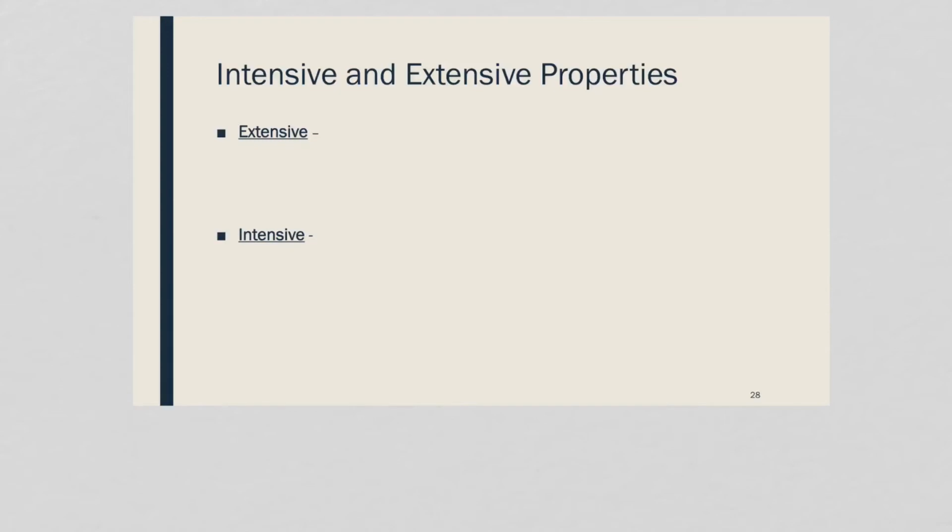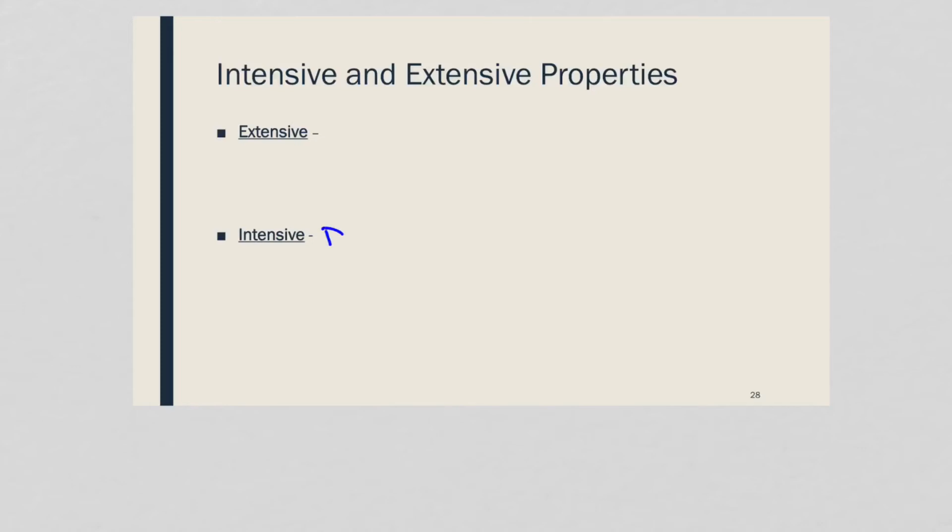Now, the next idea I want to talk about is a bit about a derived unit or complex unit, and the example we're going to use is density. So we'll talk specifically about density in a minute, but density is an example of what's called an intensive property. So when we talk about the physical properties, especially of a material, they can either be intensive or extensive properties sometimes. So an intensive property, like what density is,